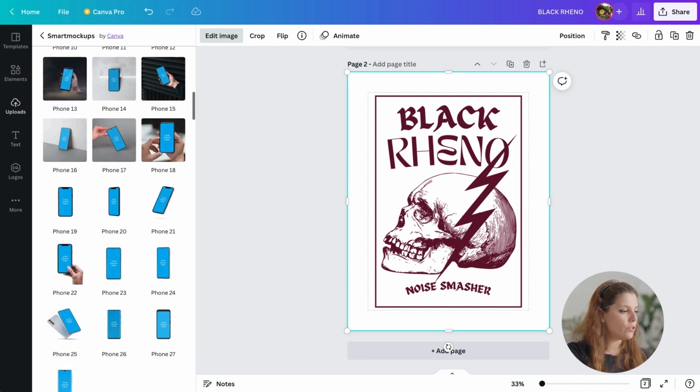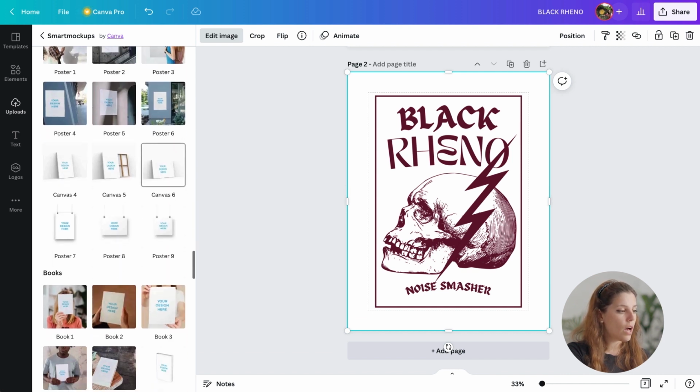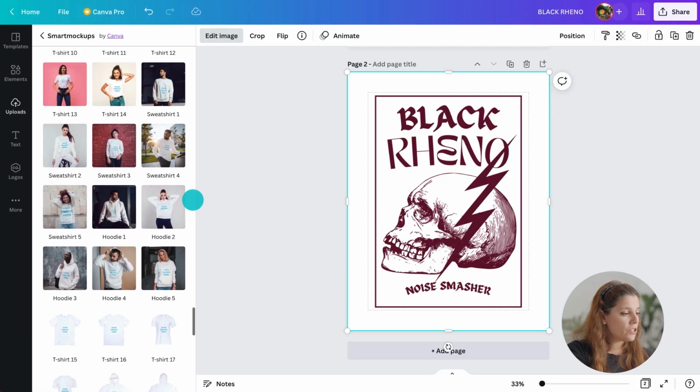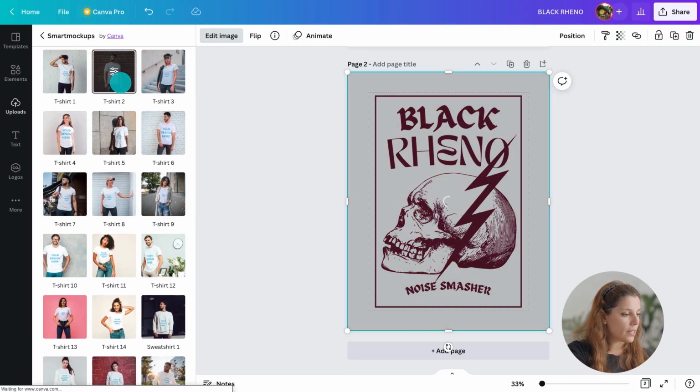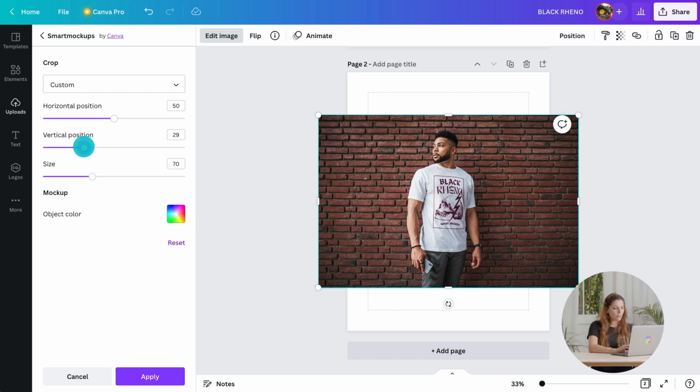Scroll down and you'll find a whole range of fashion options with models out in the streets or in photo studios. It's what we call in situ. It stands for in situation and shows the product where people are likely to come across it in its natural environment. I can choose a bunch of different models and examples by simply dragging in the image again from the